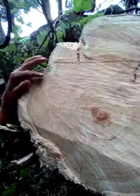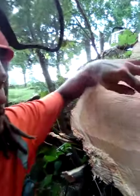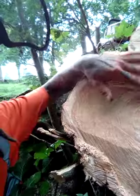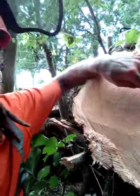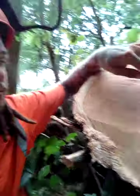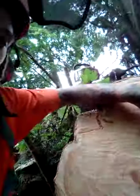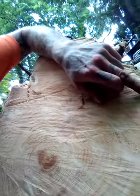So this tree is about 60 years old. When you cut through the tree and expose the trunk, you can count the rings, one for each year. Let's get a bit more technical. Can you see the brown lines? The tree will put those on in spring to prepare for that year's growth. And then as the summer goes along, it will fill out, and then the white bits in between,